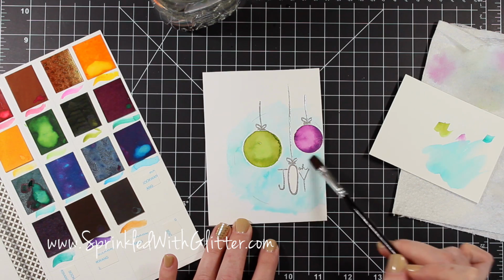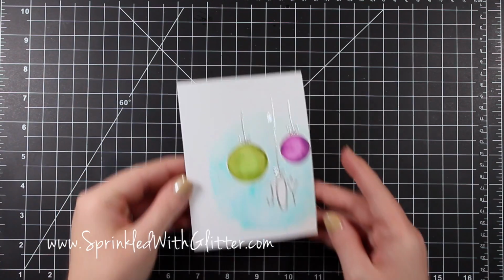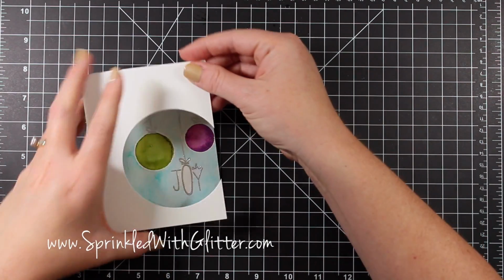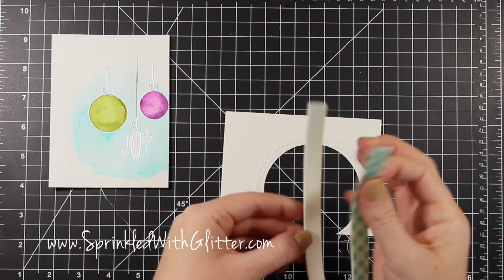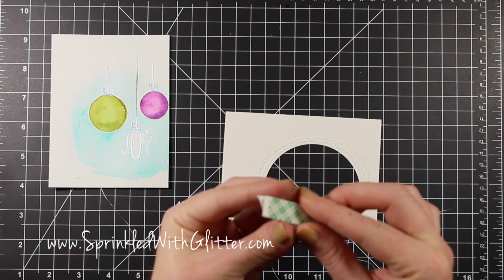And once I got that all watercolored the way that I want it, you notice I left that O in the Joy clean on purpose. I didn't want any color in there. Then I could set that aside to dry and work on the rest of my card. It's really tempting to heat set this to dry, but I kind of left it alone so it could do its thing. Now I added some stitching, and I wanted to show you this window part,